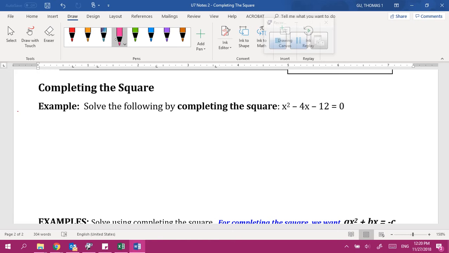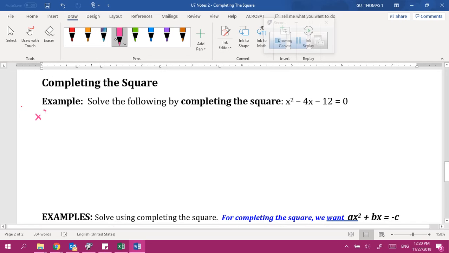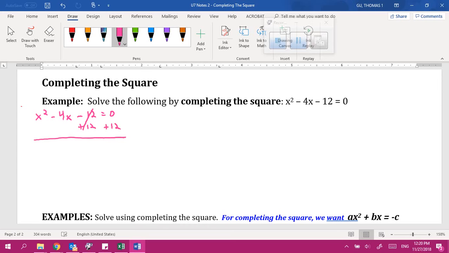So I don't want this 12 right here. I want this to be an empty space. So how do I get rid of this 12? Add 12, that's right. Just add 12 to both sides. All right, so I'm going to rewrite the whole thing over here. We want an empty space right there. So we're going to add 12 to cancel out and leave ourselves with an empty space. So when I add the 12, my new equation is going to be x squared